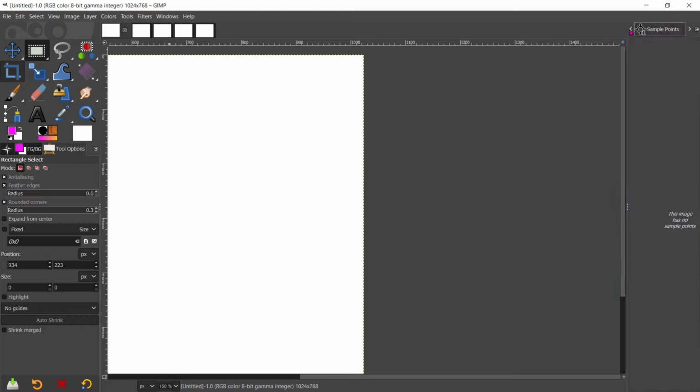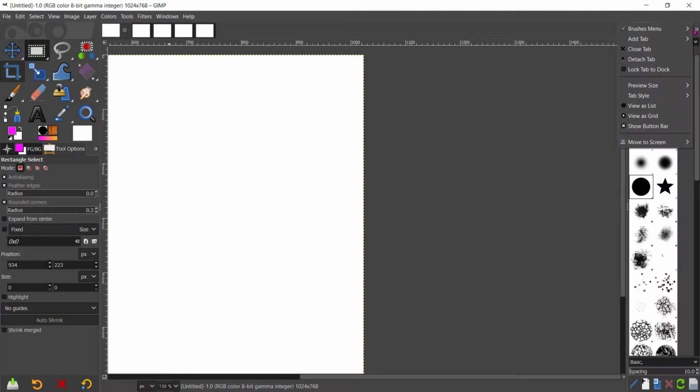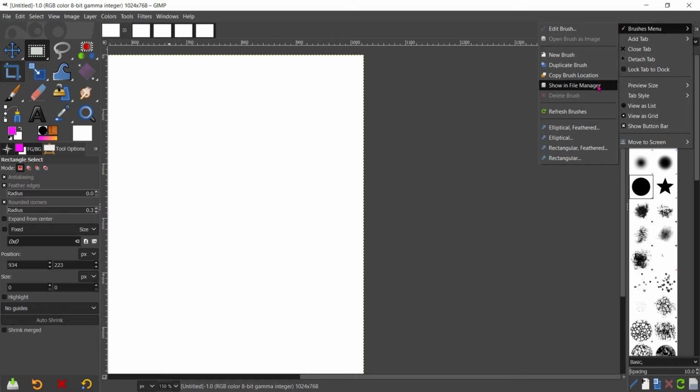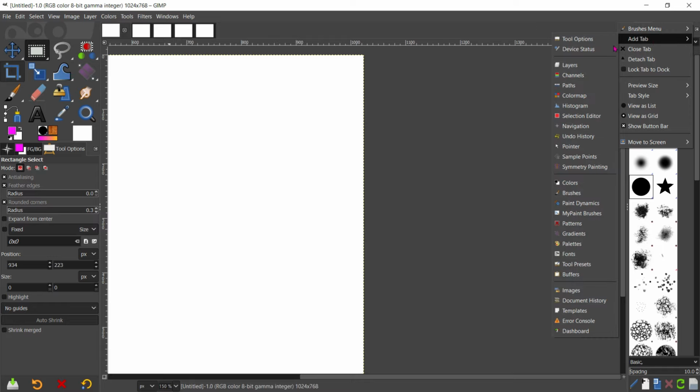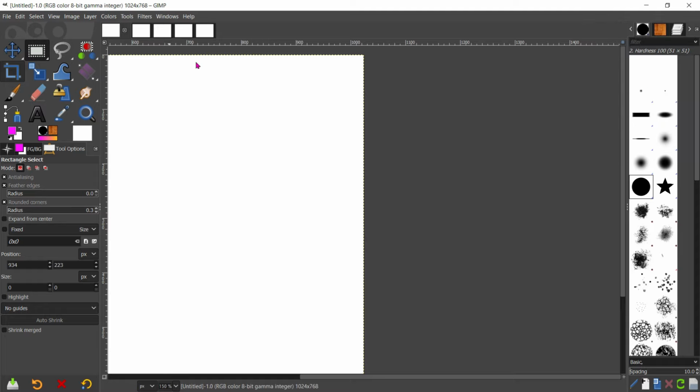And different options are here, and if you select the brush menu, you can add tools that you want, or you can close the details tab. These are the options here.